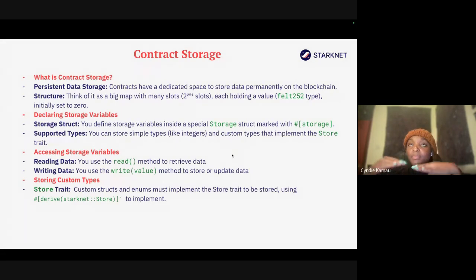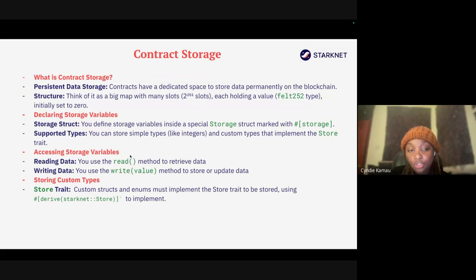It's like a map. When you check in detail how this storage works, it's like a big map with a lot of slots. Each slot holds the default type in Cairo, the felt252, the field element 252, and they're initially set to 0.